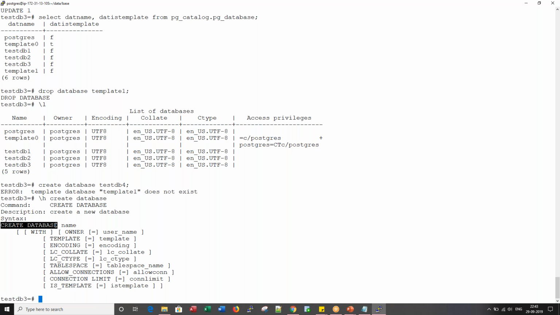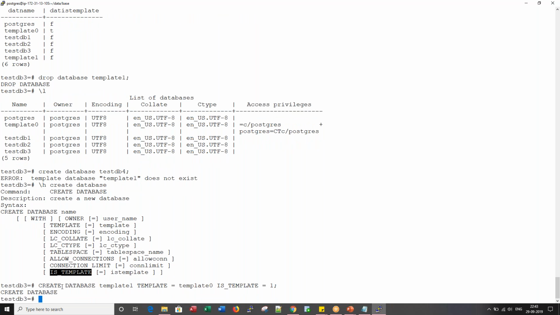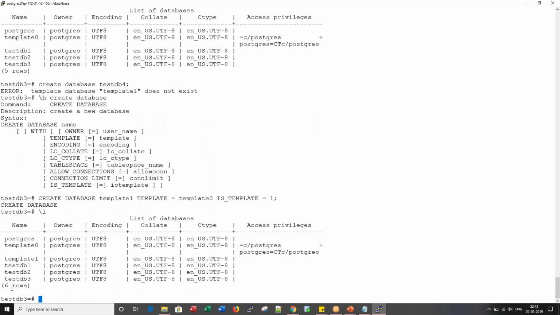Let me say create database template1. The template for this is template0. Now let me enable this flag to 1. I have to give a Boolean value here. Whenever any SQL command is successful, you get feedback like this, pretty much the first word or first couple of words of the SQL statement that we have run. Now you see template 1 created